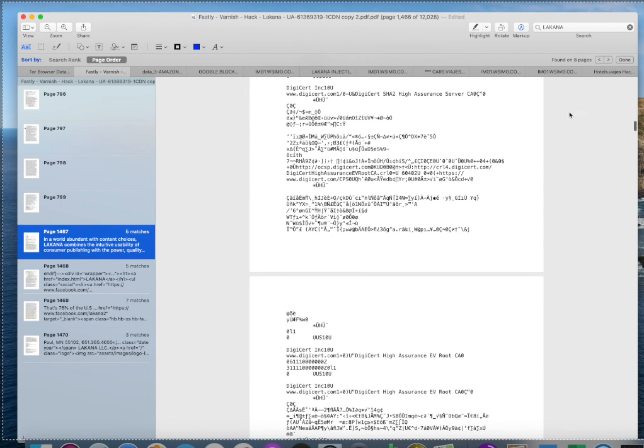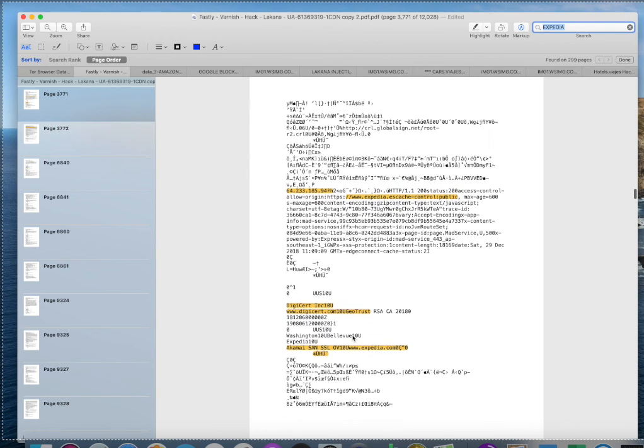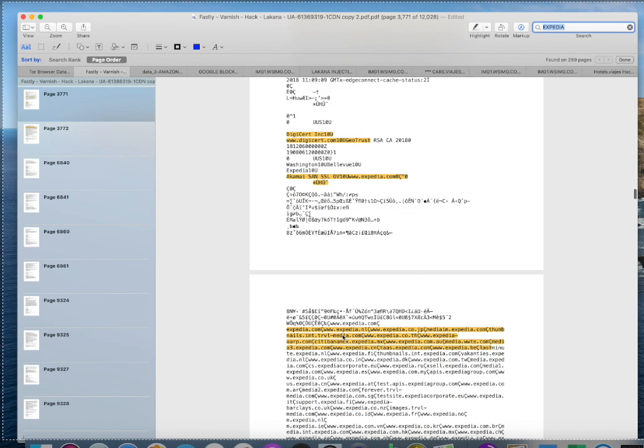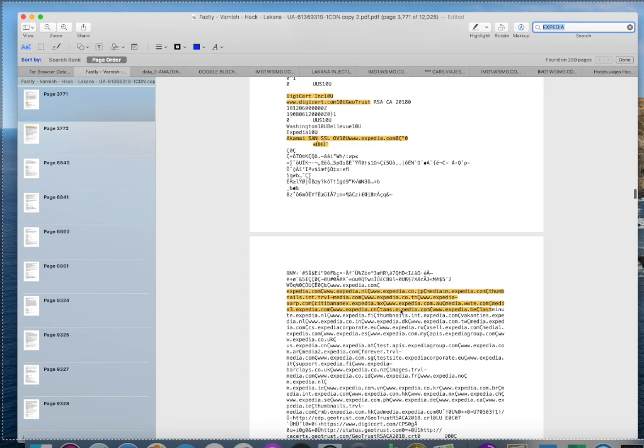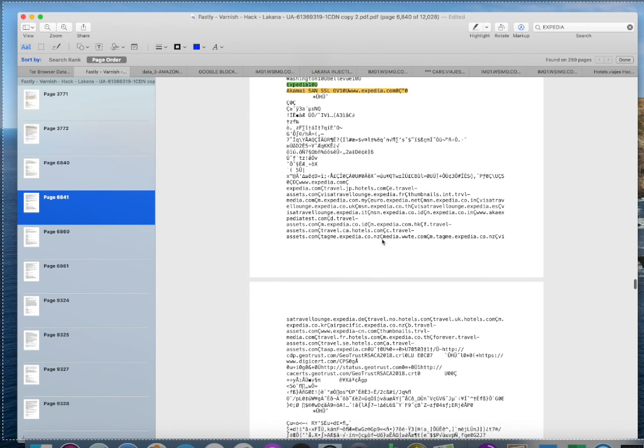Absolutely amazing. Now, EXPEDIA, remember they SSH tunneled me. EXPEDIA is in here 299 times out of 12,000 pages. And they're using Varnish to inject their content, their travel asset content. So there is, I know there's travel asset content right there.